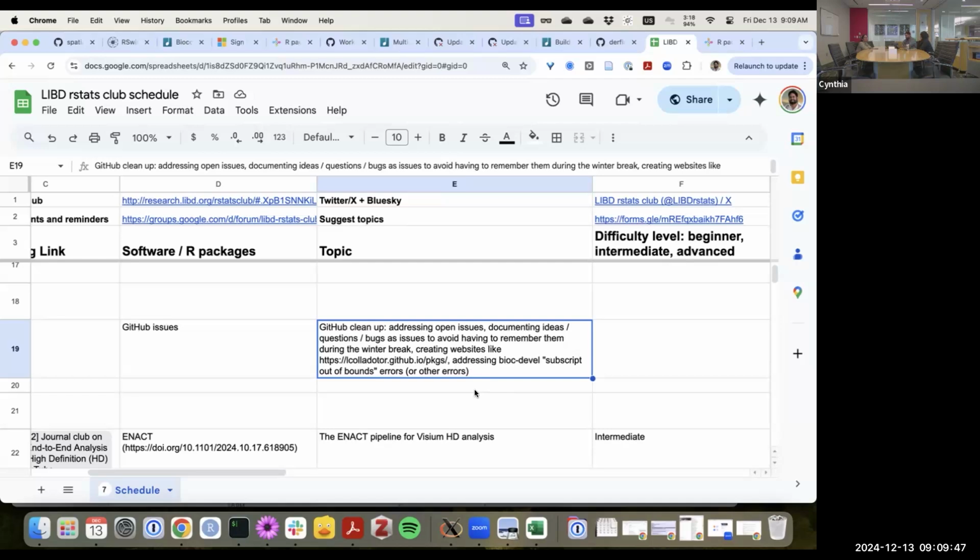Now, another thought that I had, and I told this to at least one person in the team, is that since it's the end of the year, people are in a festive mood, it could also be nice to maybe thank some people that helped you a lot over the year. So maybe you opened a lot of GitHub issues on a particular GitHub repository, so you could just write a little message of thanking them for addressing your questions over the year, or maybe not necessarily from GitHub, but